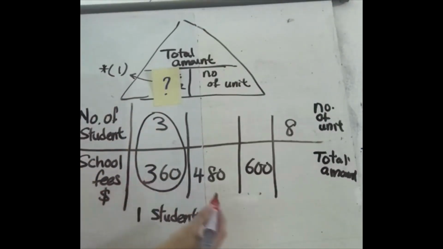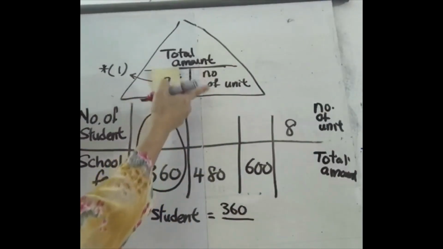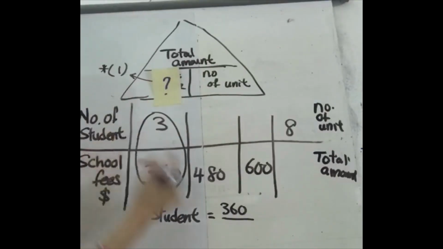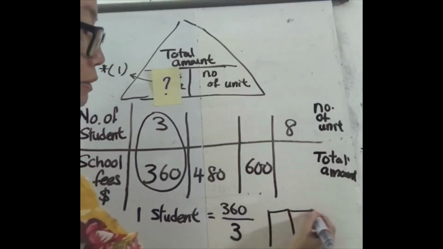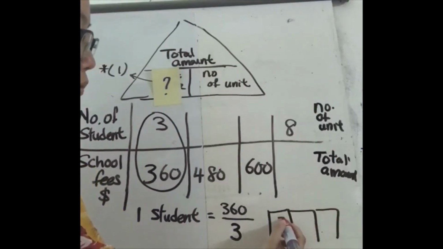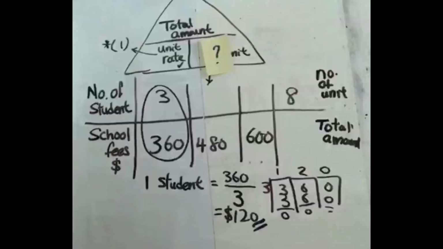So the total is 360 divided, see the word divide by number of unit. What is the number? Number is here. So now we divide. Okay, 3 boxes. 3, 6, 0, 300. So table 3, empty 3. 3 times 1 is 3. 0. No remainder. 3 times 2 is 6. No remainder. So 3 times 0 is 0. So the answer is